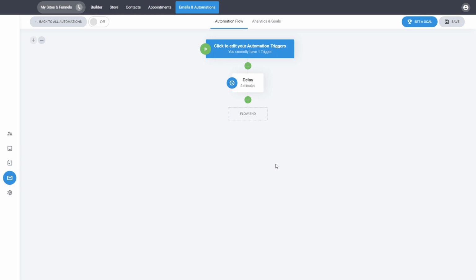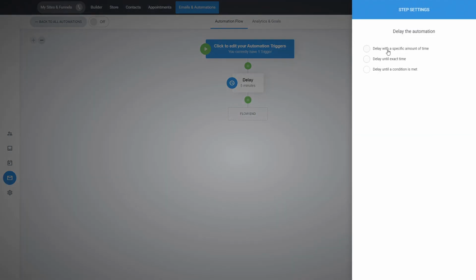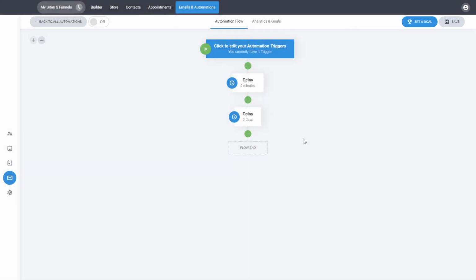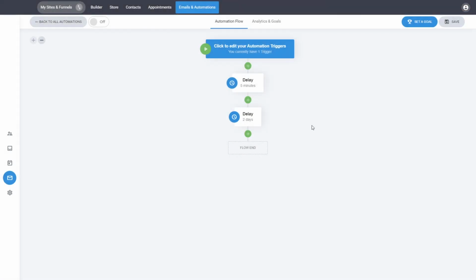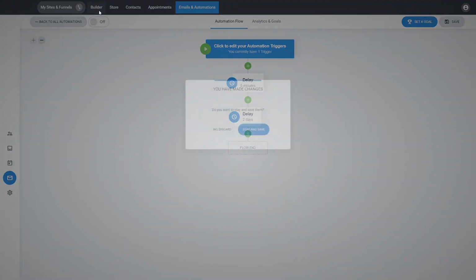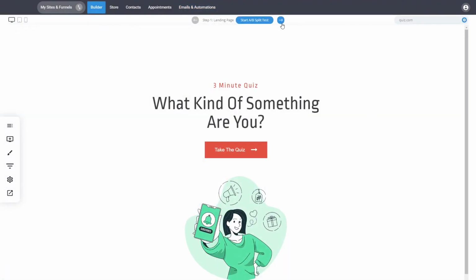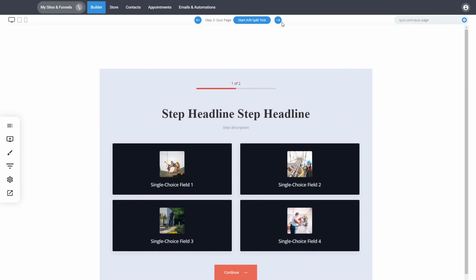because the person might not buy it right away, and you might want to send them a few emails. Maybe you want to send an email 1, and then after a couple of days you can send a different email to urge them, maybe give them a coupon code, for example, for purchasing the product. There are so many different ways that you can do with the automations, and quizzes are such an amazing way to segment your users and collect information in a much better way than asking in a form, because forms are kind of